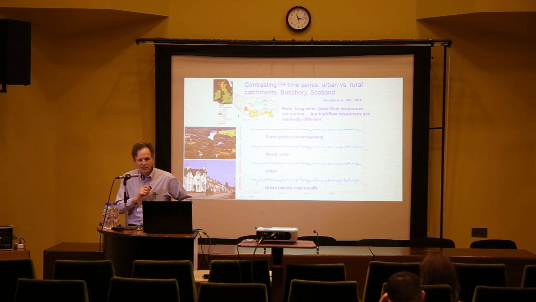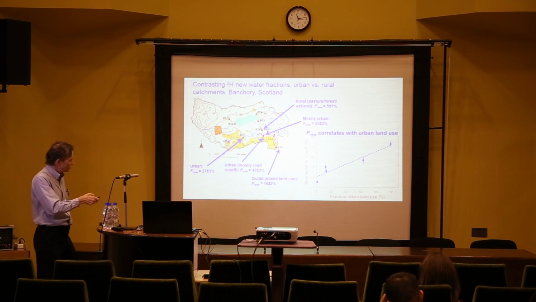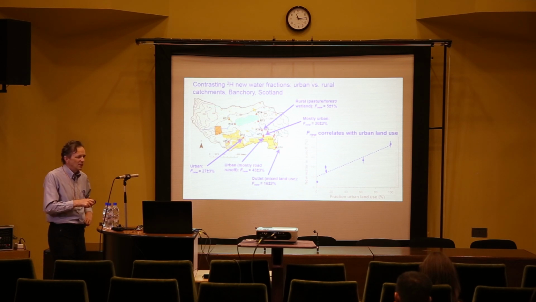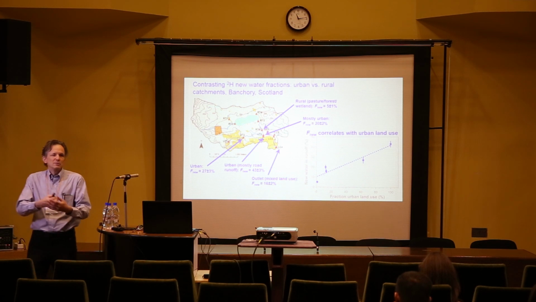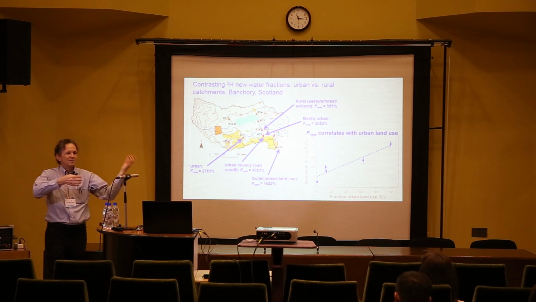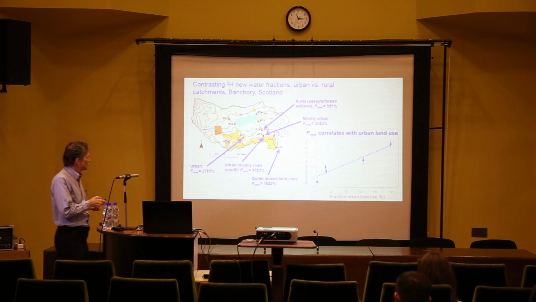So if you apply the technique that I've just outlined to these catchments, you get this diagram. And you see that the fraction of new water, in this case it means water that's new this week, basically. The fraction of new water in the stream correlates very well with the fraction of urban land use in the catchment. That's not a particularly surprising result, since we know that streets and roofs on buildings and so on all generate fast runoff, right? But being able to quantify it this way